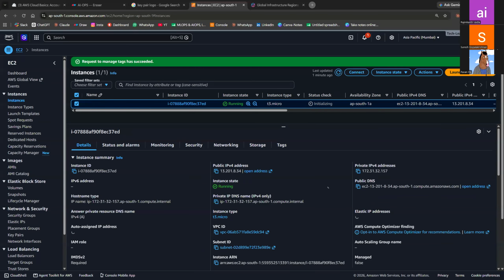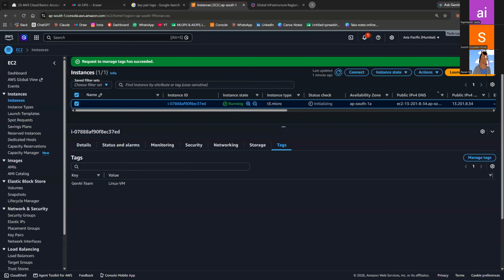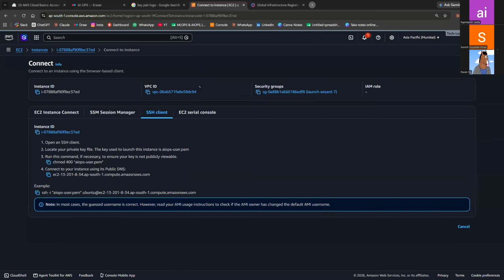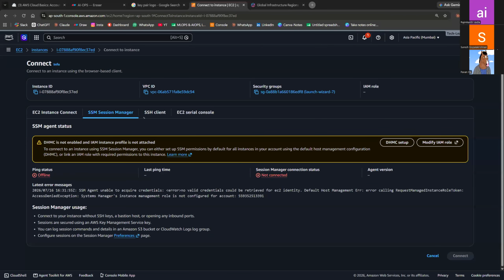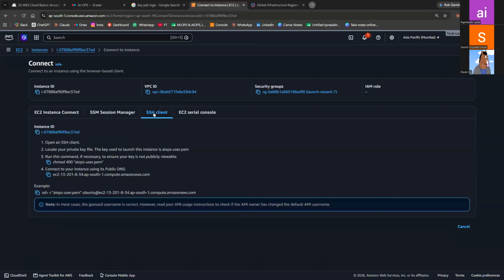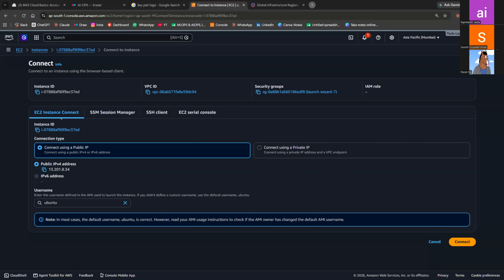Save it. Okay. If you come like this, fine. I would like to connect. Go here, connect. Now here you have options, you can see. So here the options are 4 options. In your organization, we will connect through this, not this. Few organizations can still maintain this and this also, but it's not recommended.